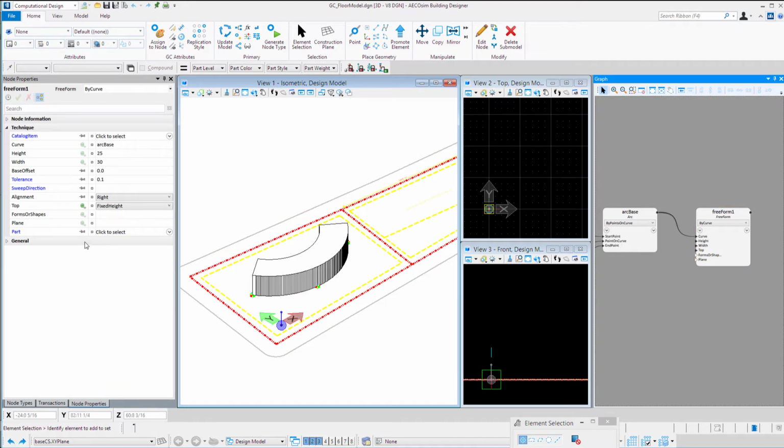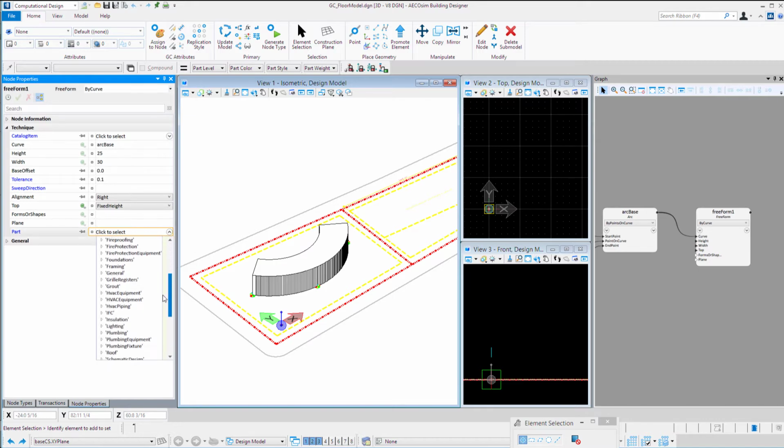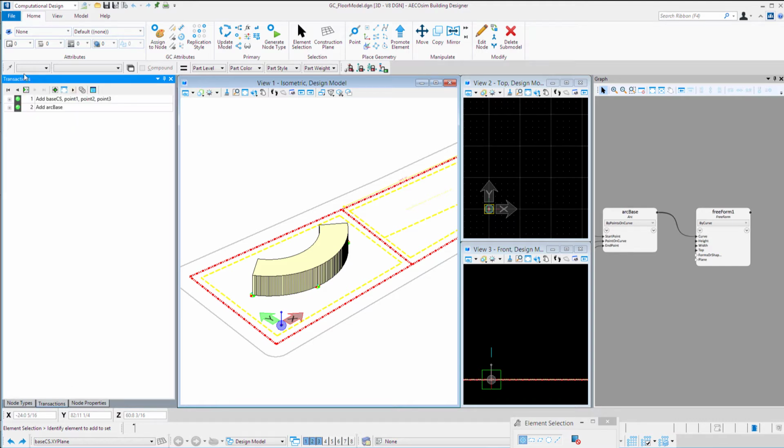I'll come over here to the Node Properties tab, and I am going to select a family and part. So we'll select Schematic Design, and I'm going to use a massing solid. And we'll go back to the Transactions tab and record the transaction. And next we'll place a few sliders to control that height and width value. So we'll go back to the node types,